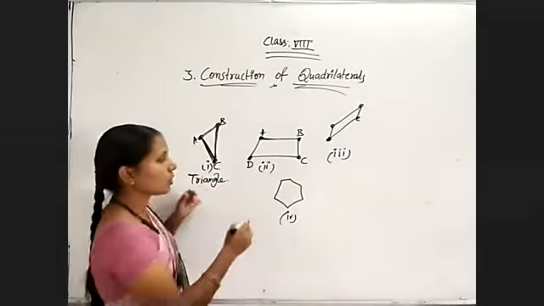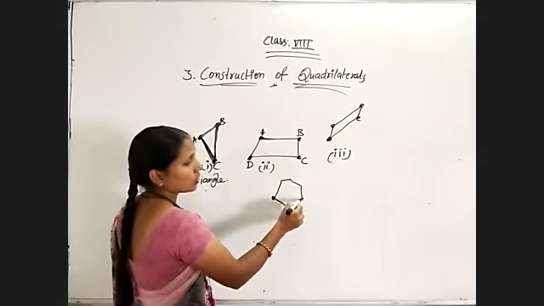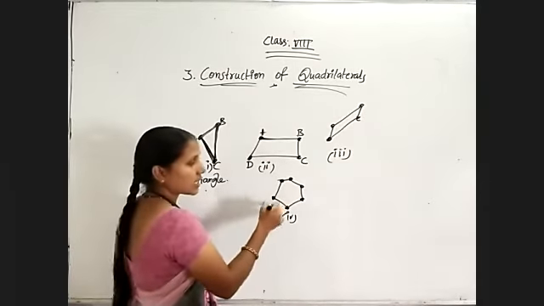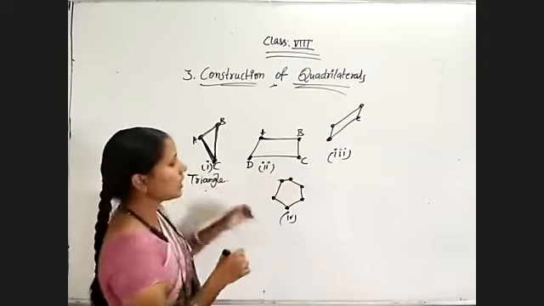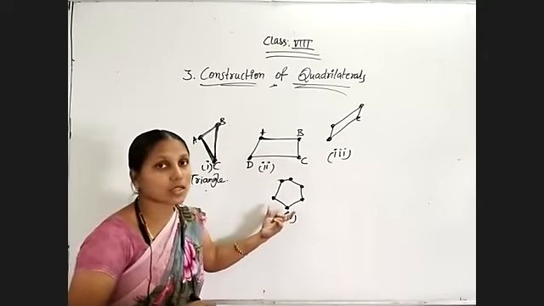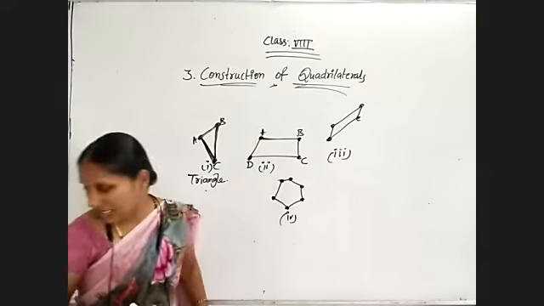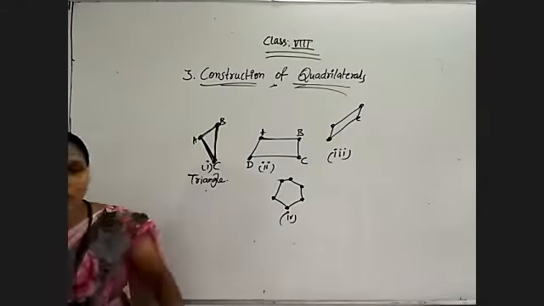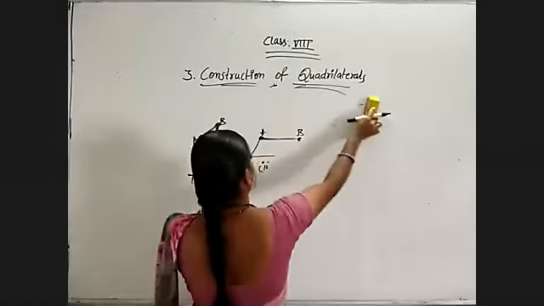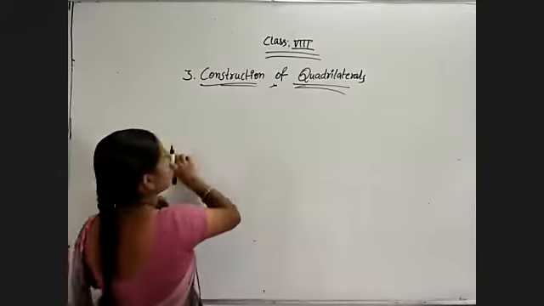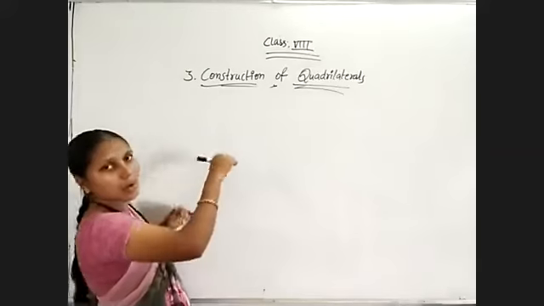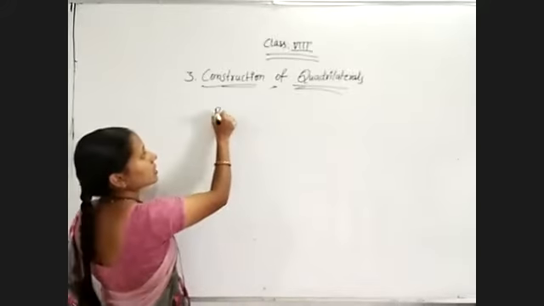And coming to the fourth picture, 1, 2, 3, 4, 5, 6 points I have. That means 6 line segments I will get. So it is a closed figure made up of 6 line segments and it is known as a hexagon. So just listen, before going to revise all this, what is meant by a polygon? Why am I talking about polygon? See, these all are polygons only, whatever we have discussed.